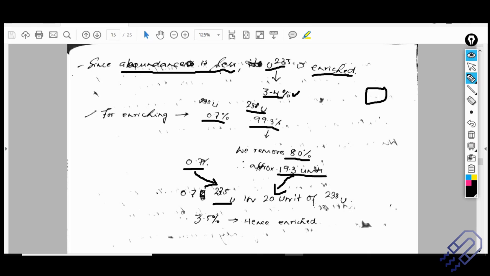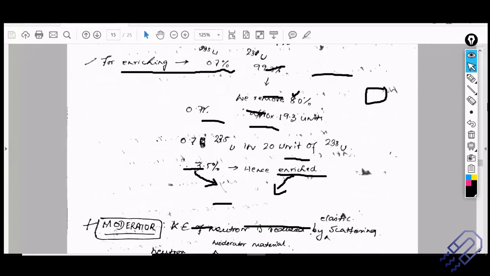And that is called enrichment, and this is typically around 3.5% enriched, 3 to 4%. So this is what is usually done to have more fuel. We are not going to look into how to reduce uranium 238. But this is what enrichment is all about. This is important to understand, because this is something which we might not have come across before.